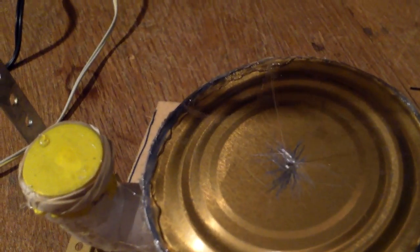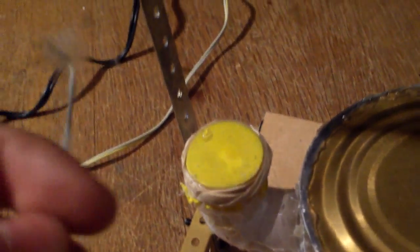This is the second best one. It's been the closest that worked, but it just won't. This would be right here, and it was glued up here, but that just broke off. The diaphragm's just a balloon, hot glued to the big can, and